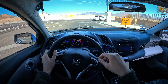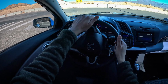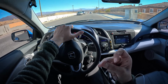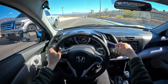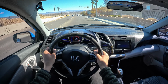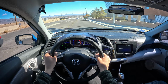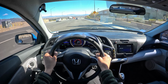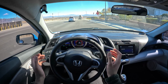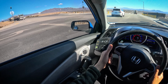One thing I did find irritating is the auto start stop is way too aggressive. There it didn't actually trigger, but I find even at the briefest stop it'll go and then your AC stops blowing air. All right, we're gonna get out of this manual mode. Oh, it has 7 simulated gears. There we go. The paddle shifters are always funny in a CVT, but there you have it,